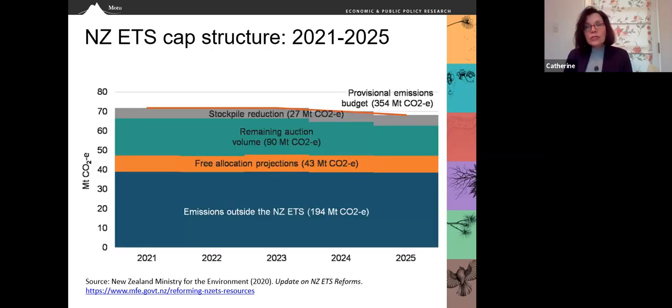This diagram shows the government's current cap structure, which it's planning for 2021 to 2025. So this again is the first time we will have had a cap in our system. The bottom band shows our emissions outside of the emissions trading scheme. This is mostly agriculture. The orange band shows free allocation projections. The turquoise band shows the remaining auction volume. And the gray band shows a gap that the government expects to be met by stockpiled units that have been